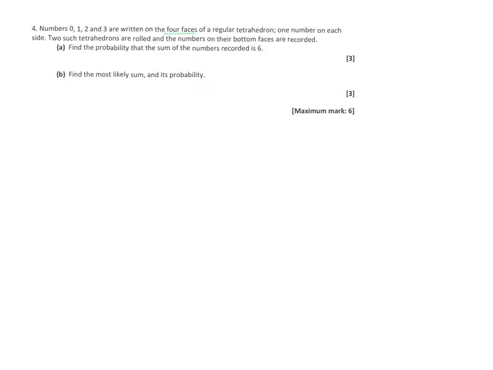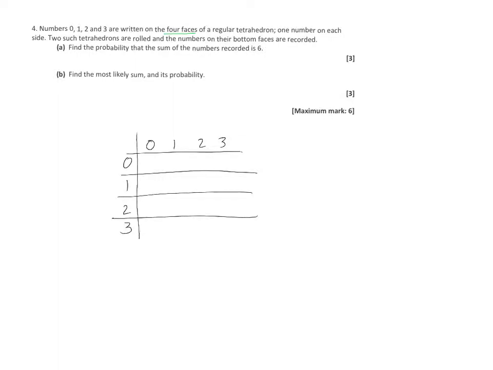2 such tetrahedrons are rolled, and the numbers on the bottom faces are recorded. So whatever is facing the ground. Find the probability that the sum of the numbers recorded is 6. Now, the easiest way to do this one, you could do a tree diagram, but that's definitely not the easiest way to do it. The easiest way is to do your sample space diagram like this and to write the sums in there